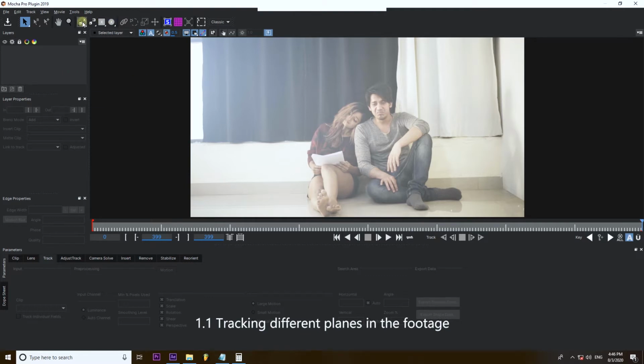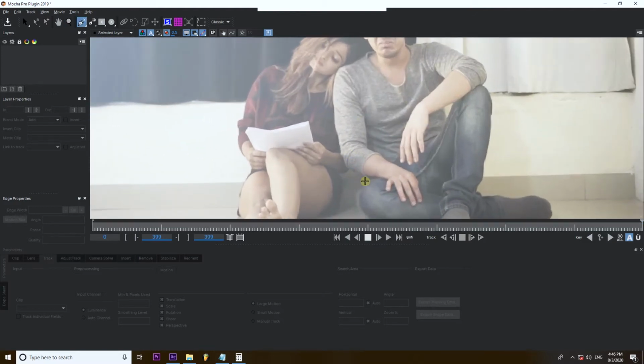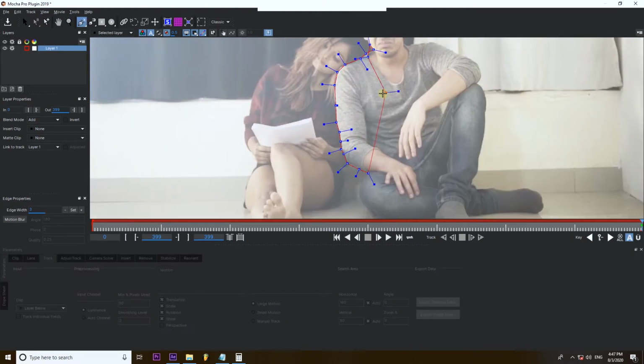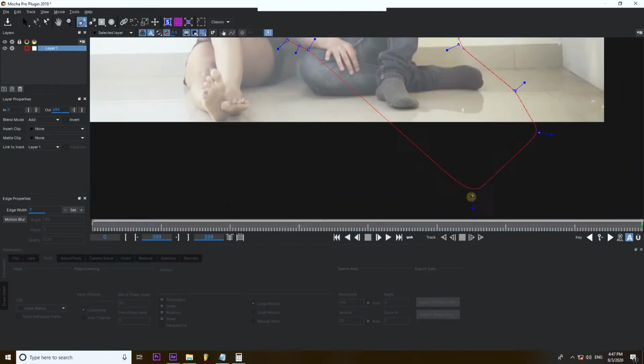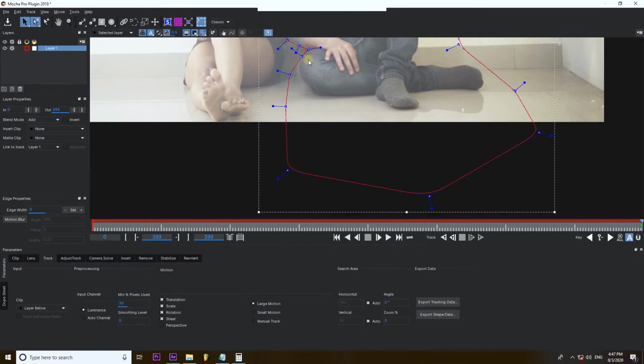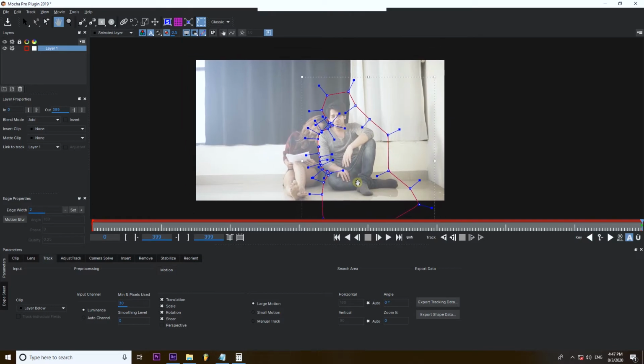First, I will track the boy, who is more in the foreground. The more precise you are, the better edges you will get. That means the better and clean removal. So spend some time on the outline of the foreground elements. I have created a precise mask around his right hand because we need to remove the girl from that side. We don't really care about the other side.